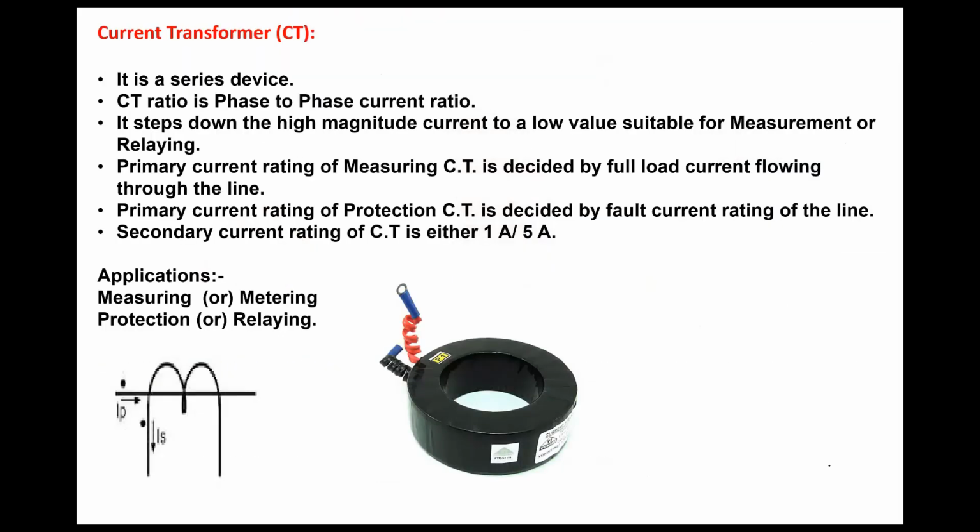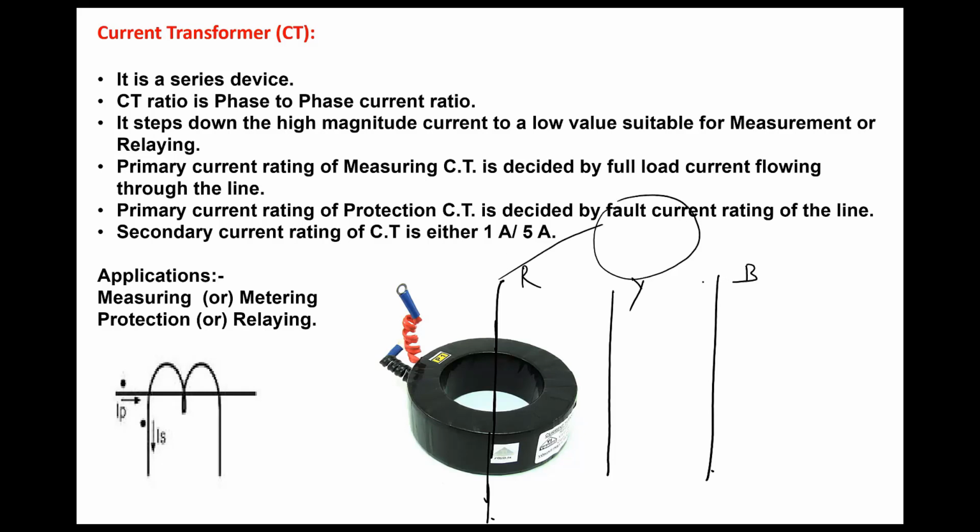So suppose you want to measure the current or protect, what you will do? Here you can see in the image, there is a CT. There will be 3 wires going to the motor, for example R phase, Y phase and B phase. These are connected to the motor, which is say 200 kilowatts. If it's operating at full load, the current will be approximately 350 amperes.